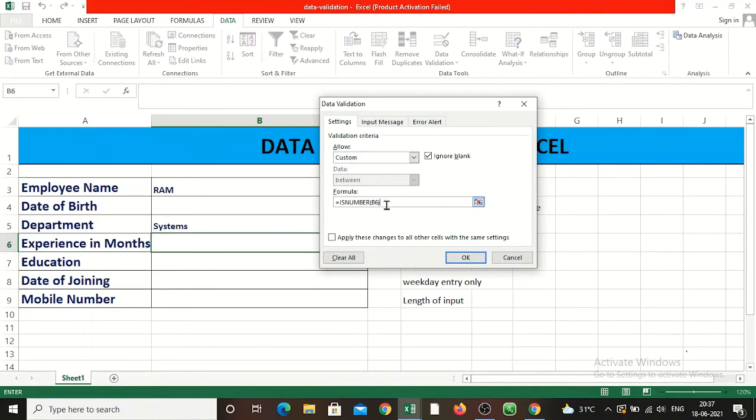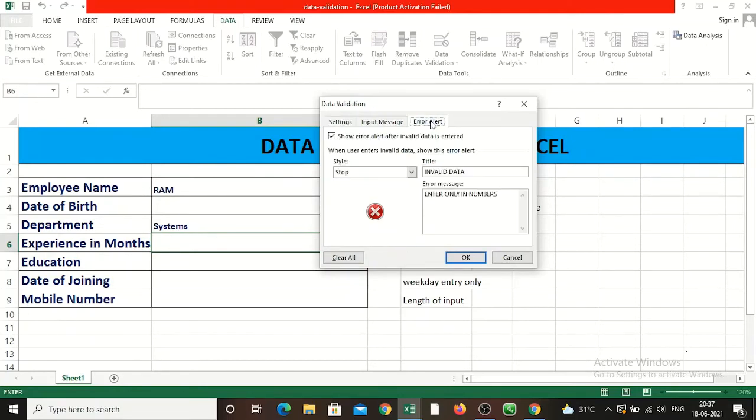In that you have to type equal to, then ISNUMBER, then give the cell reference, the cell value. I want only numbers to be typed, so I am typing ISNUMBER. Then Error Alert: I am typing Invalid Data, then the error message for the user will be: enter only numbers.